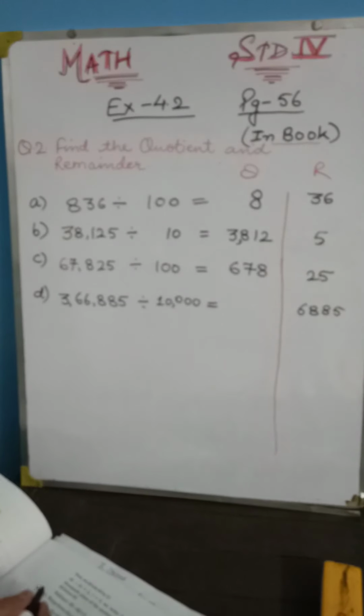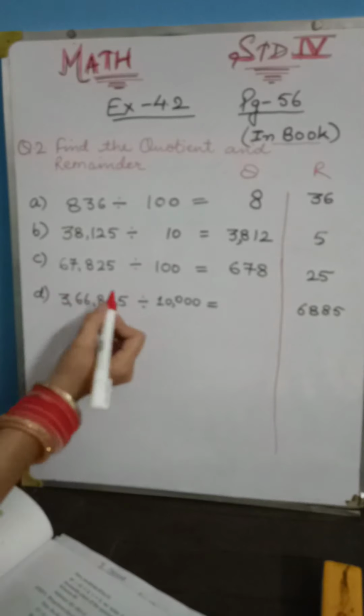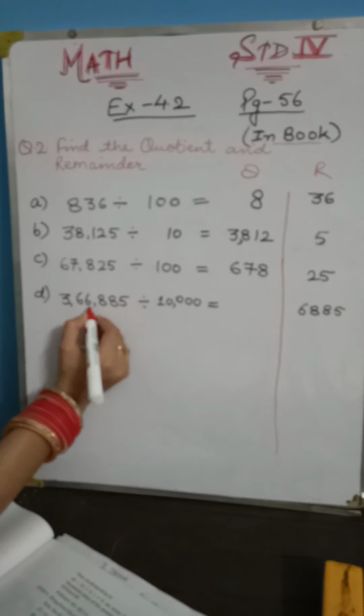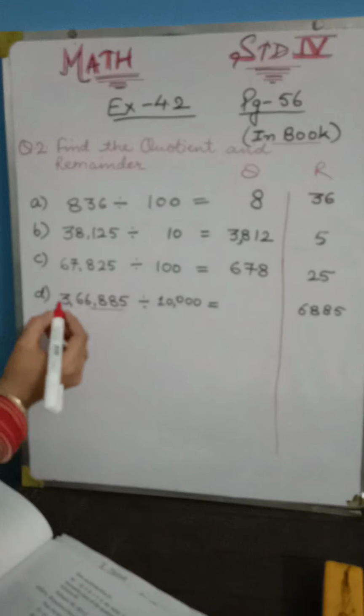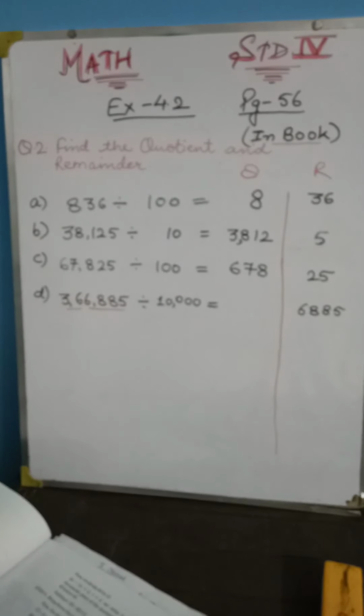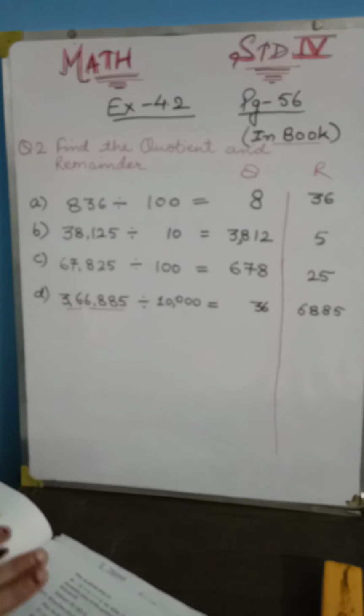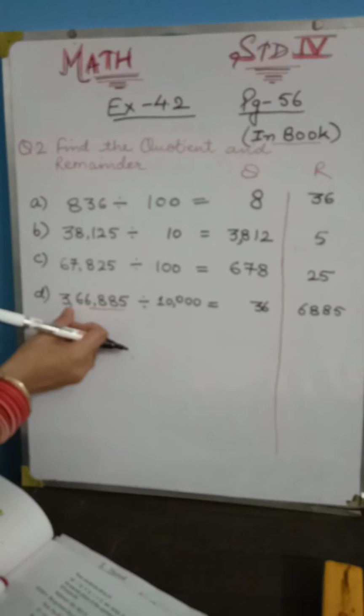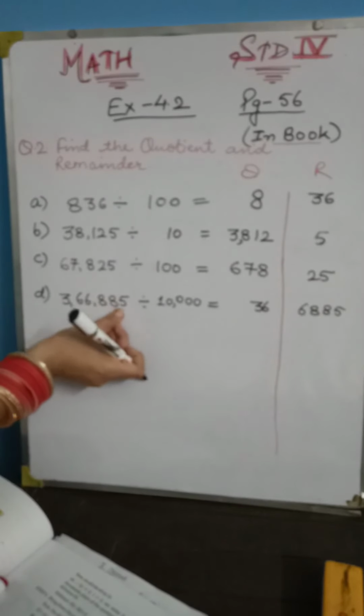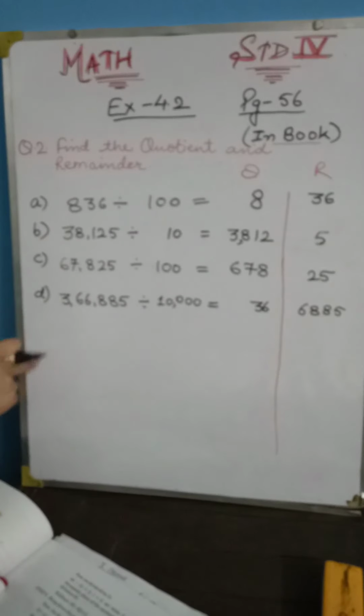What is left? As I told you, the number is big, so it is not easy to remember what is left. So you just make groups. 1, 2, 3, 4. This is the remainder. What is left is the quotient. I will write it in the quotient section. The quotient is 36. I have written my answer. Now I can erase this line, so nobody will come to know we took help of the grouping method. Understand?